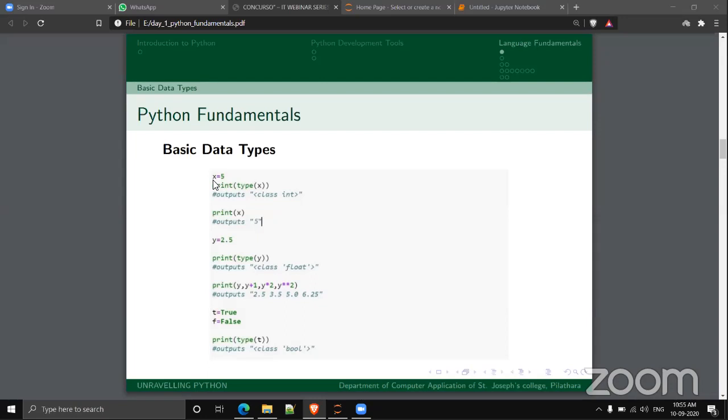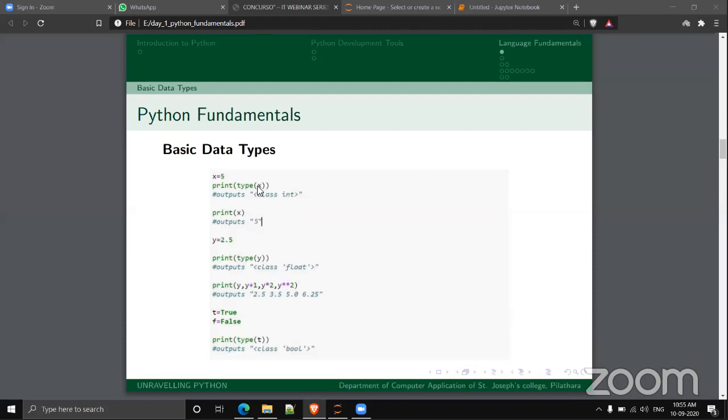So simply X is equal to 5 and you can print the type of X. Type is a function in Python that gives the data type of a particular variable. So print type of X will give the data type of X, and you can see the output class int.